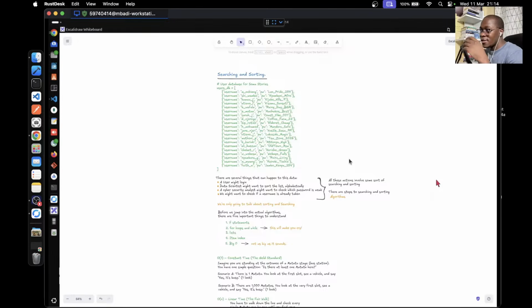Oh, by the way, there is something you need to notice. Searching and sorting falls under a topic in computer science called data structures and algorithms. Data structures and algorithms takes about a whole semester to learn, and about 1 out of 5 students pass that exam. So if you've not understood anything in this session, that is totally okay.